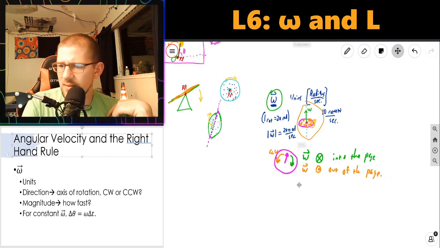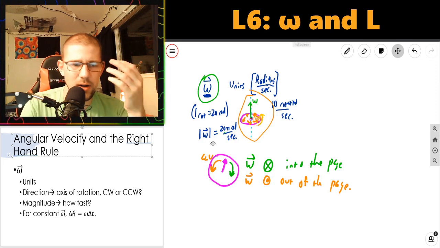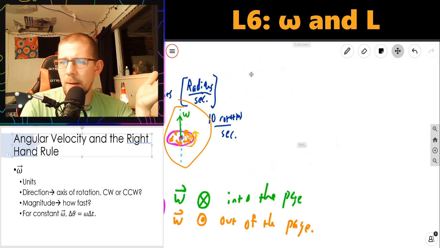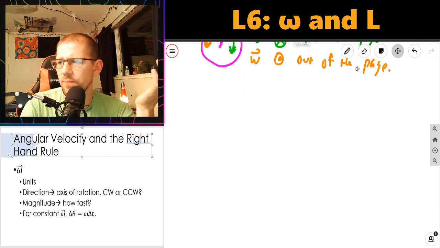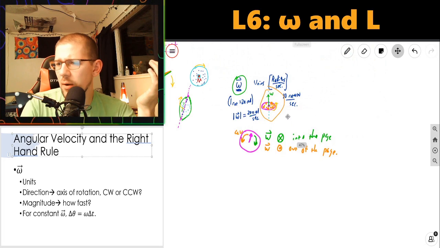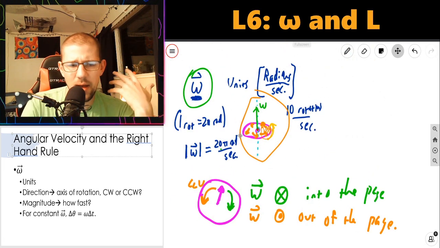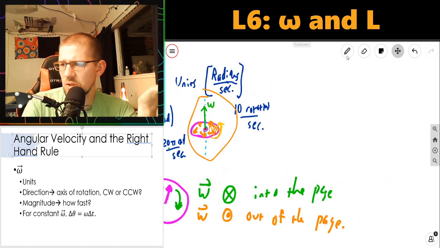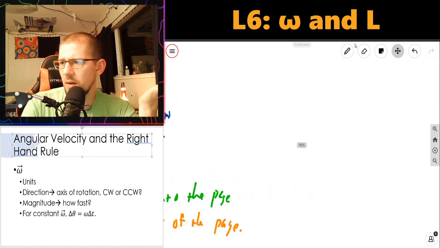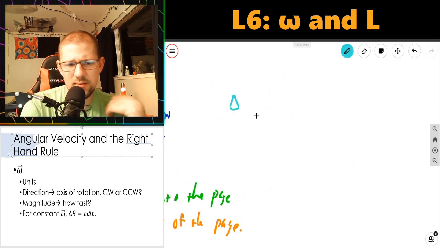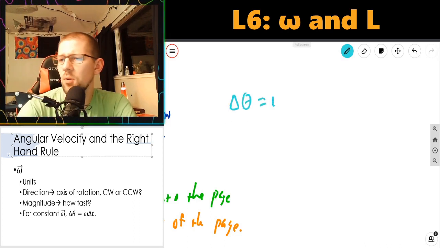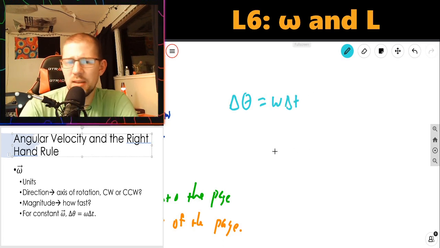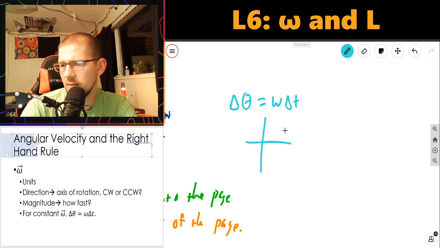The last thing I wanted to say, I would say it's very low on the list of equations that you should know, but just to link angular velocity to angle: the rate of change of the angle in radians is the angular velocity's magnitude. So if I have a constant omega, a constant angular velocity, the change in angle is omega times delta t. So if I know that something is moving 2 pi radians in a second,